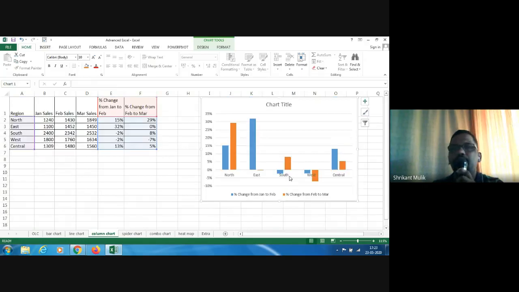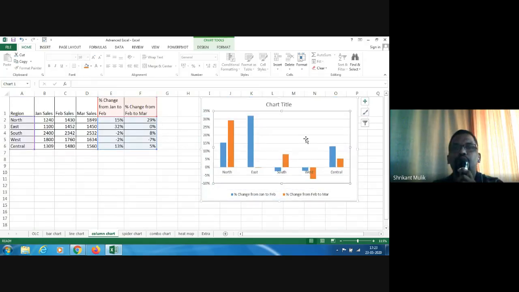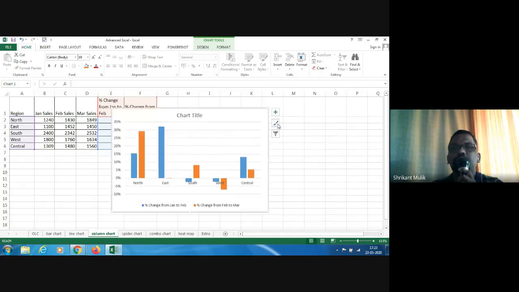So I've just resized it, brought it here, brought the chart area over, and then let me kind of see that it's very nice. But here you say north, east, south, west, central. West and south are kind of clashing with the bars and not very clear.